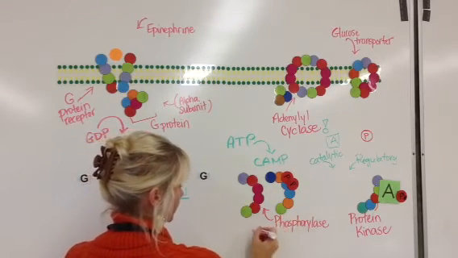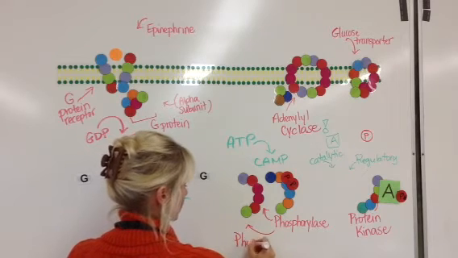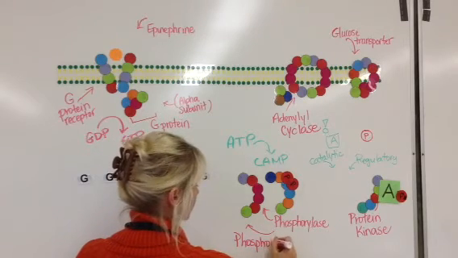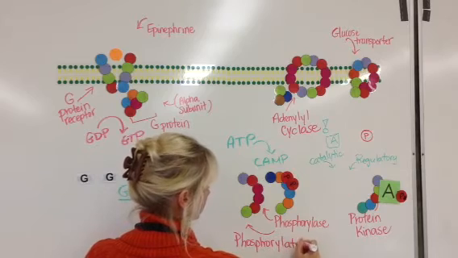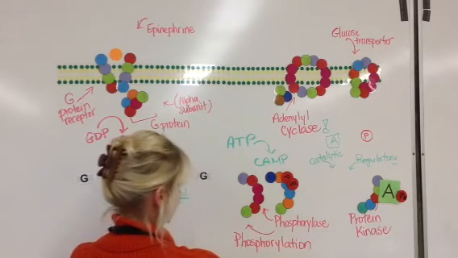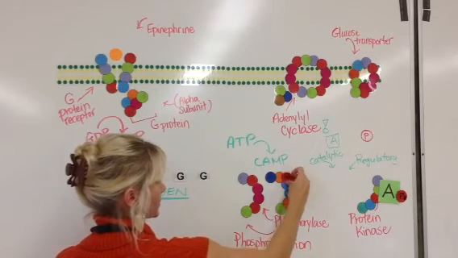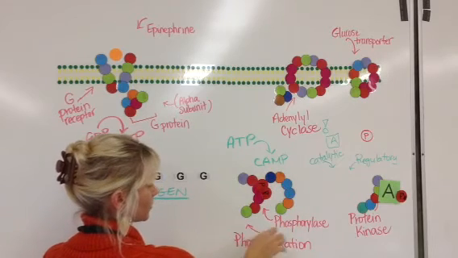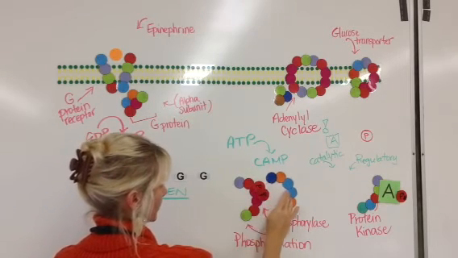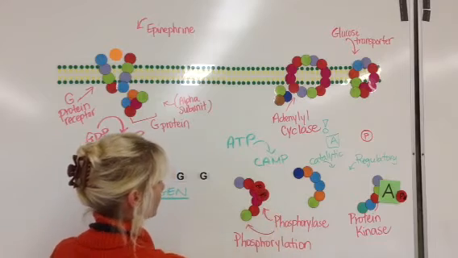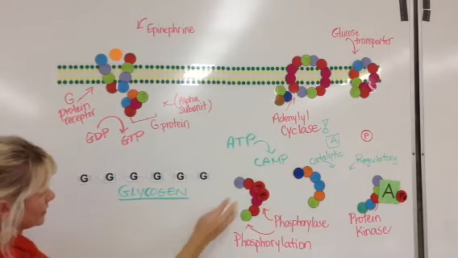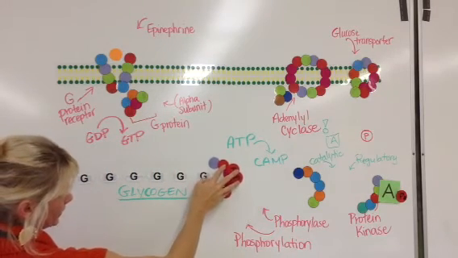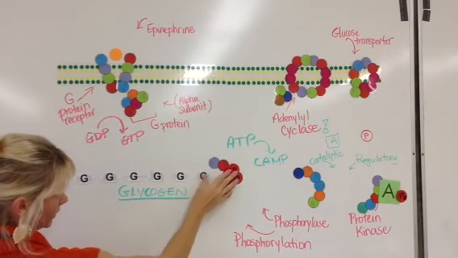So it's going to catalyze a phosphorylation reaction where it's going to transfer its phosphate groups to this enzyme phosphorylase. And the job of phosphorylase is then to, now it's activated, now that it's been phosphorylated, it will come over here to glycogen, which is